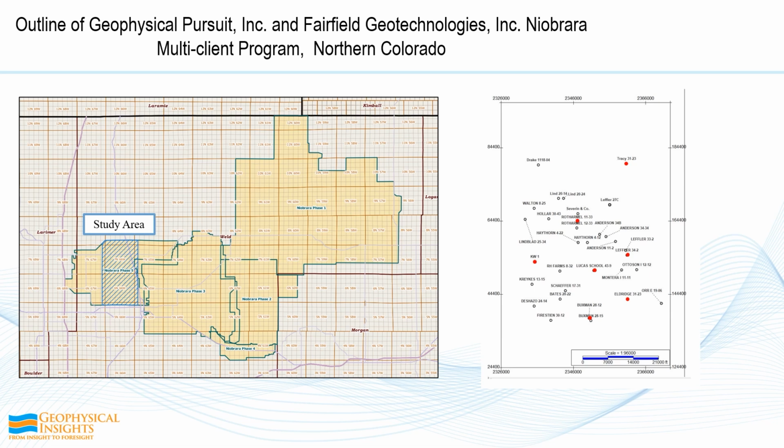GPI and Fairfield acquired a 5-phase multi-client survey over the northern part of the Wattenberg field. Our study area was 100 square miles from Niobrara Phase 5, in the western portion of the multi-client survey. We also got 28 wells from the public COGCC database, to help with our time to depth ties, as well as giving us the log control that we wanted to calibrate our